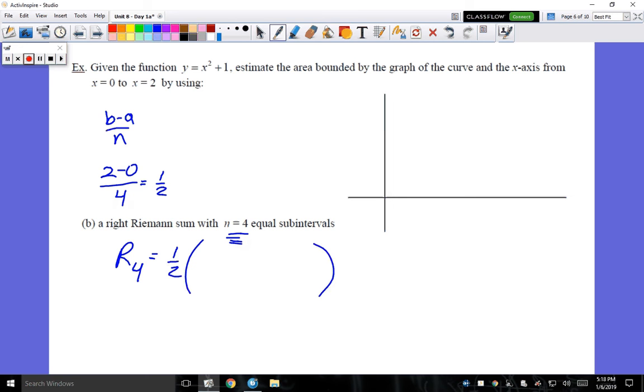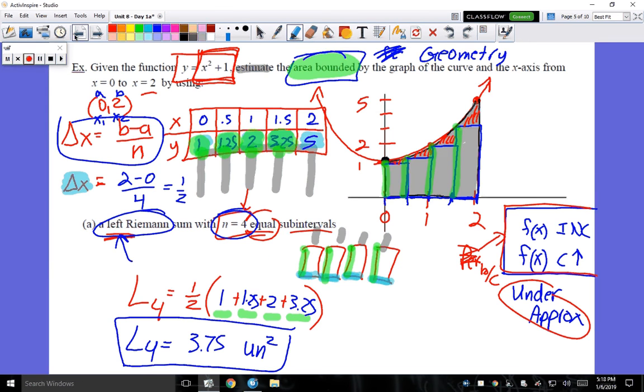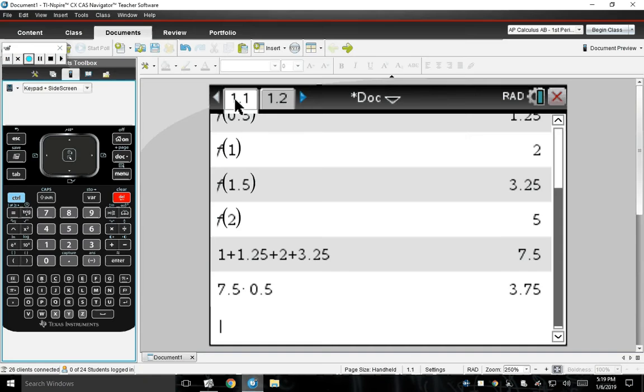So that's that 1/2. And now we just need these 4 y values, or heights, if you will. Okay? And because it's a right Riemann sum, we're going to look at the furthest right ones. So let's go ahead and take that first, second, third, and fourth. Those are the y values that we're now going to get. Okay? So we'll have 1.25, 2,